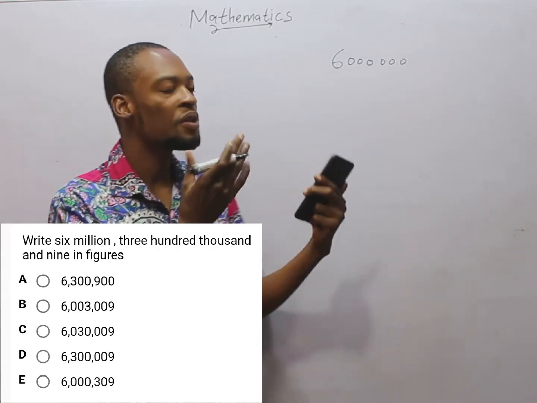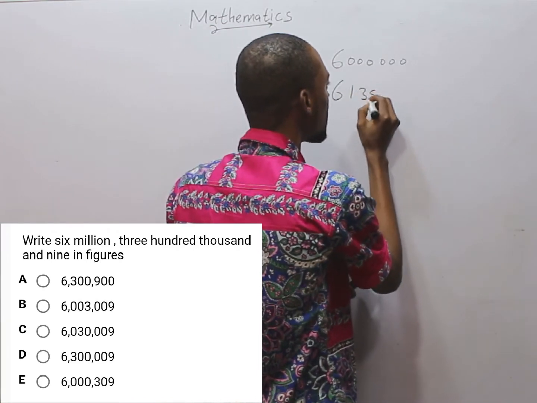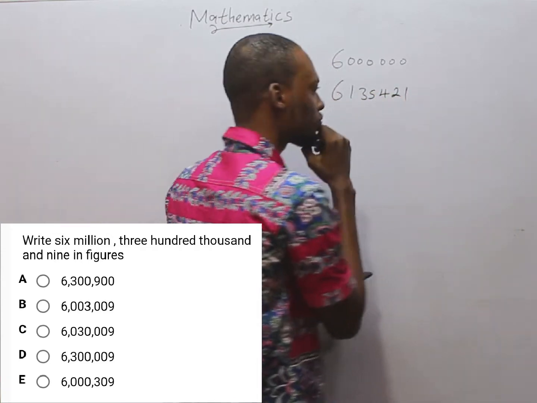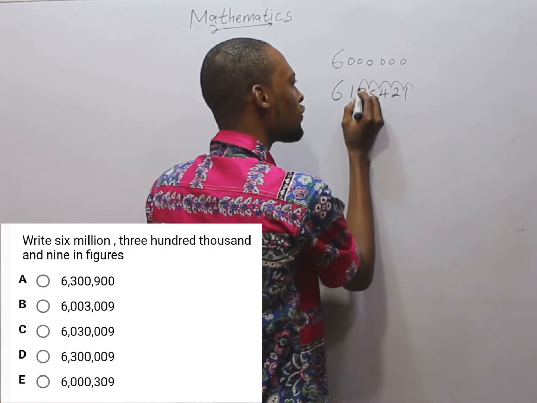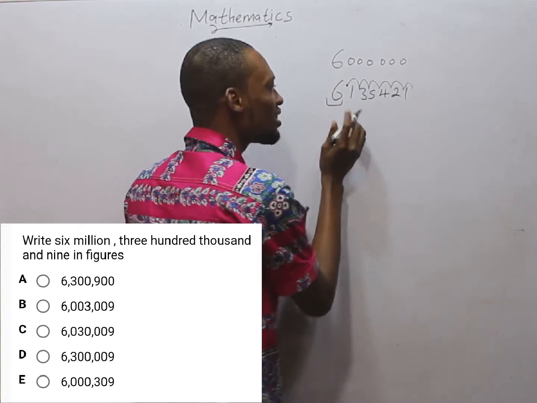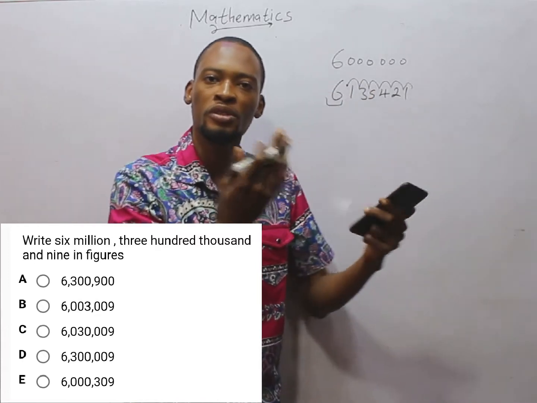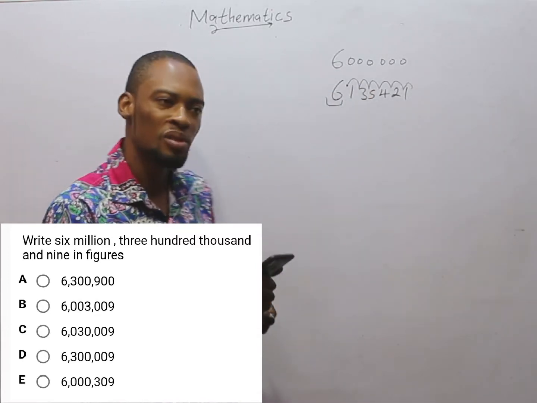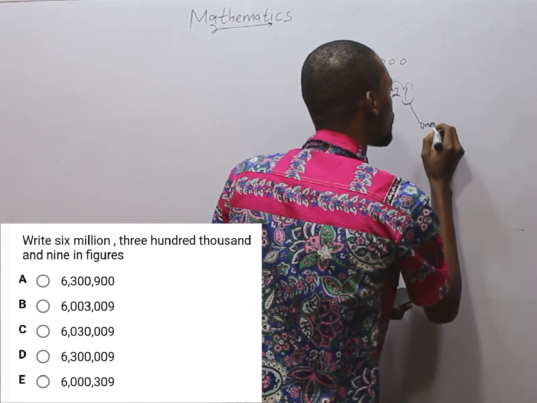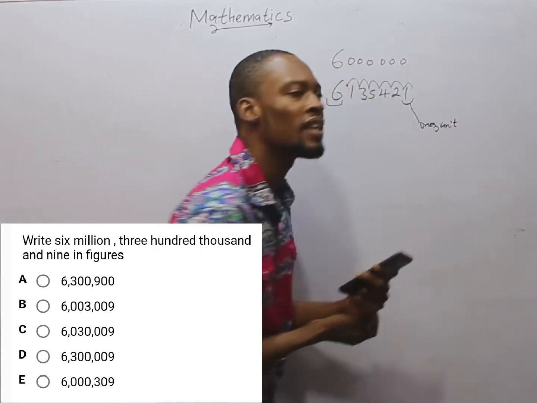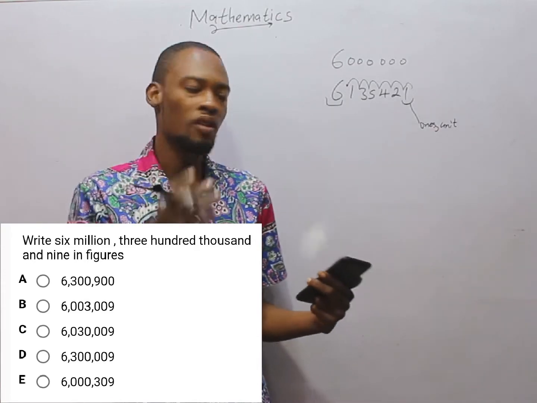In a situation where the numbers in the front are not zero, for example, 6, 1, 3, 5, 4, 2, 1, something like this, when you count from here, you have 1, 2, 3, 4, 5, 6. So this value is still in millions. A value in million, we have 6 values at the front of it. Talking about place values for whole numbers, this first value, you can refer to it as ones or units. Any single value is a unit. 1 unit, 5 unit, to 9 alone, they are units.